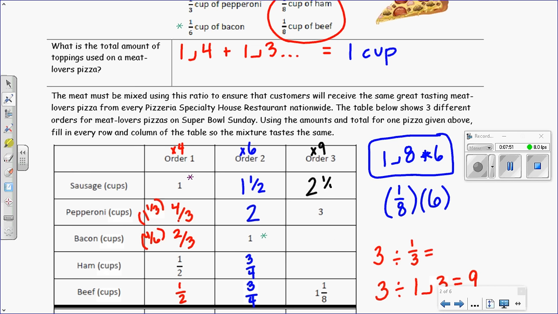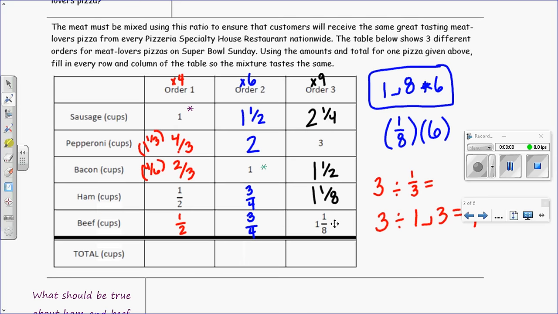Okay, did you get 2 1/4, 1 1/2, 1 1/8? If you're having trouble, it's probably because you're having trouble with the fractions in your calculator. So you've got to ask me for help so I can show you how to use the fraction button. Okay, now what we're going to do is add up all of the ingredients for order 1 and write that